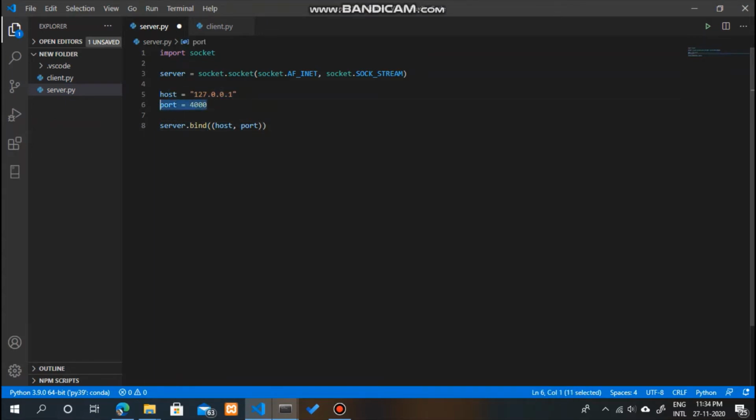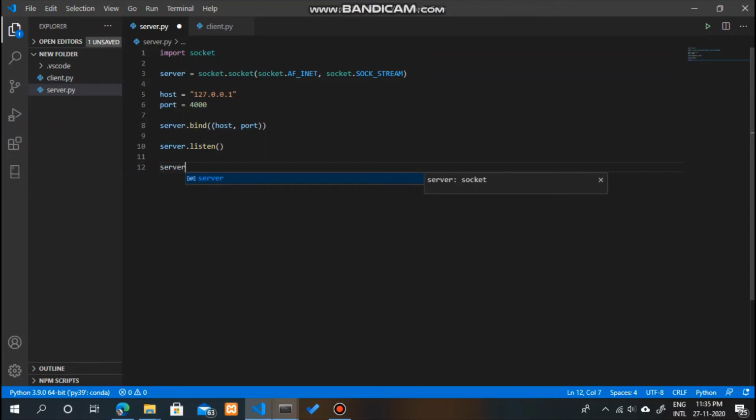We are opening this port, and then we'll tell our server to listen for connections from clients. Now our server is listening. We have created our server, it is binding this host and port, and it is listening for connections from clients. Now what if the server gets a connection from a client? Then it has to accept that connection, right?